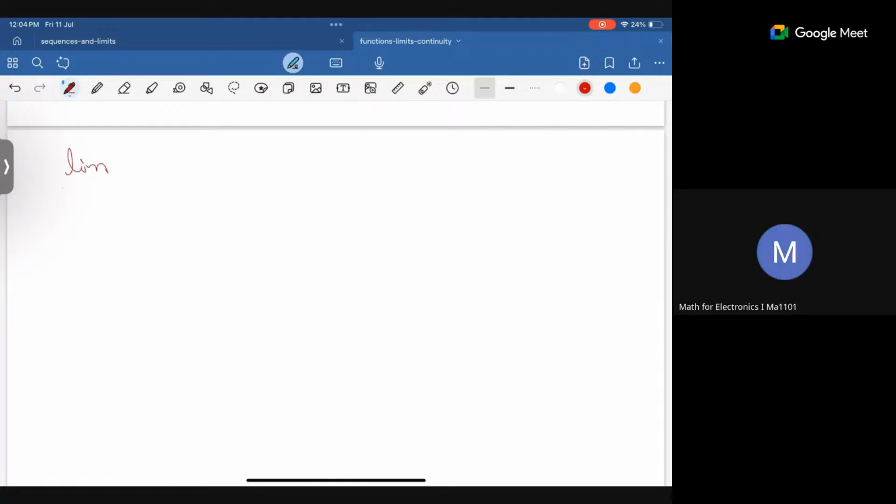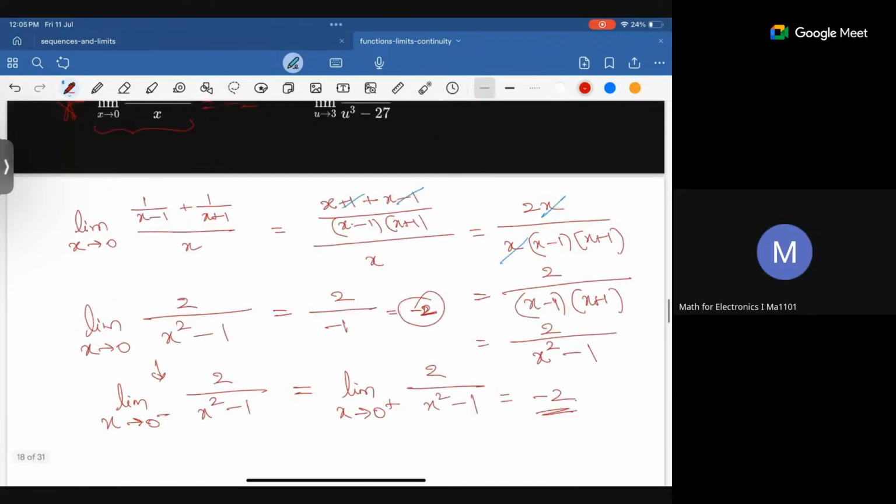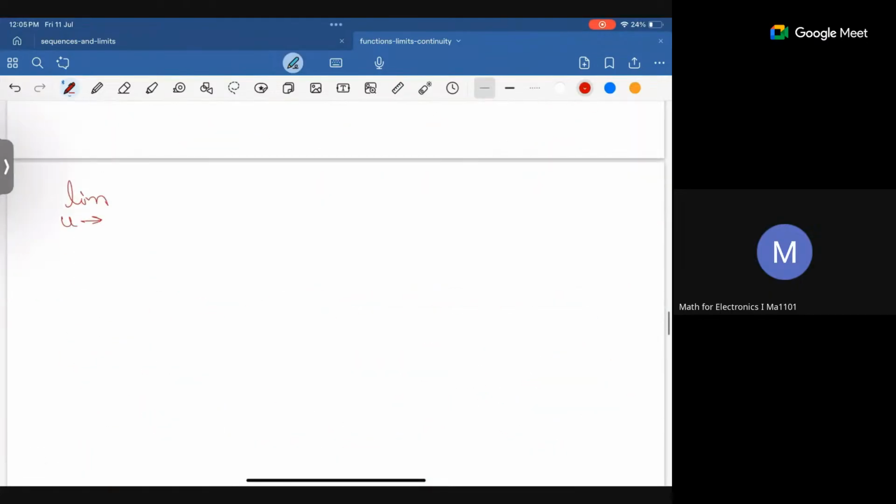Yes. Limit u tends to 3, u power 4 minus 81 divided by u cube minus 27. So u power 4 minus 81, you can factorize it. It looks like (u square) whole square minus 9 square, something like the a square minus b square formula. You can factorize it as